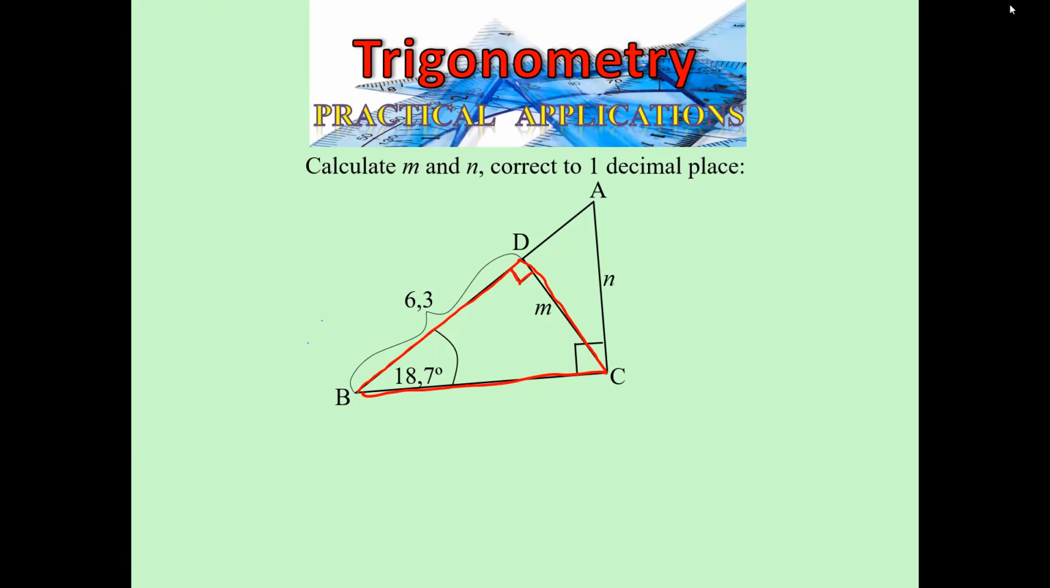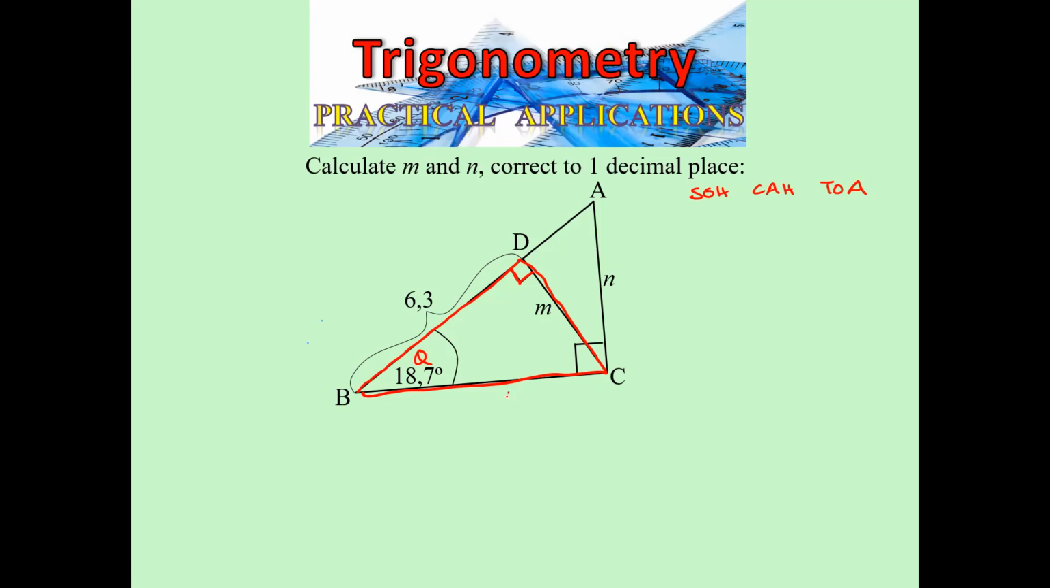So we want to find, which ratio should I use? So I'm going to write it down. SOHCAHTOA. We only need to use one, and it's going to depend on what's given in the diagram. So if we look at the red triangle, 6.3 is given. 18.7 is the given angle. So our reference angle that we normally would have called theta is sitting at point B. So now if we look at the red triangle,